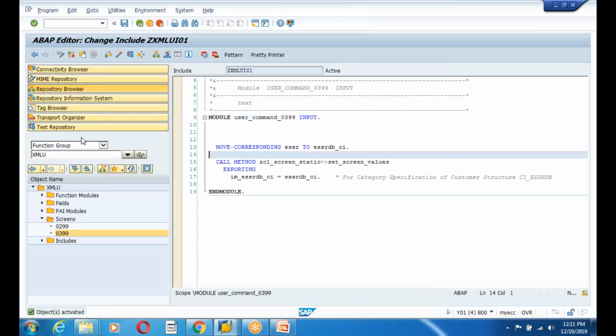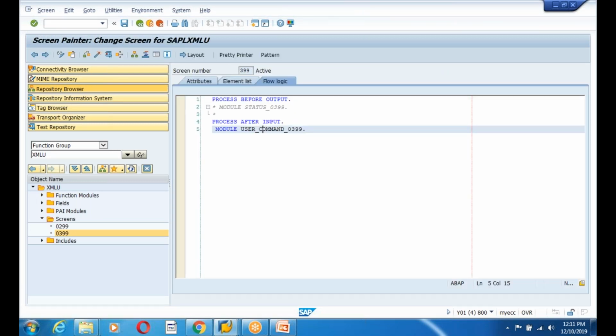Okay, I set the value. After you set this value,